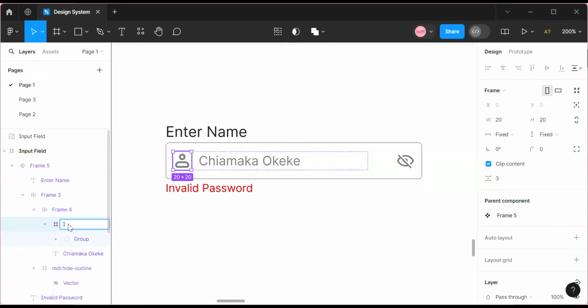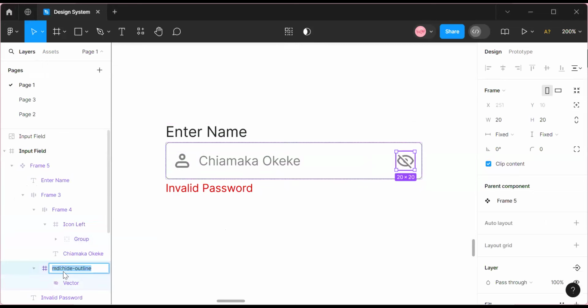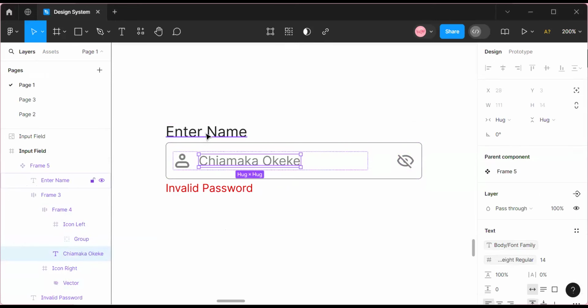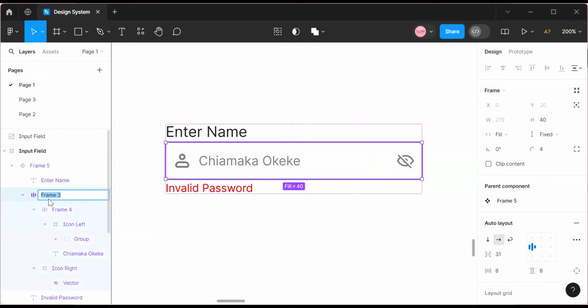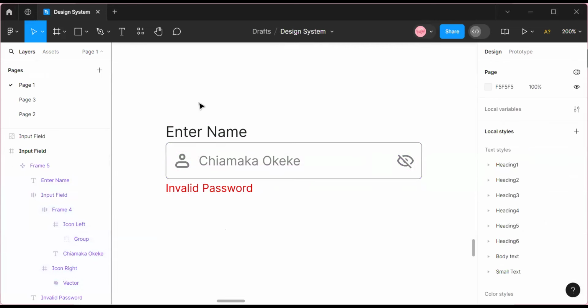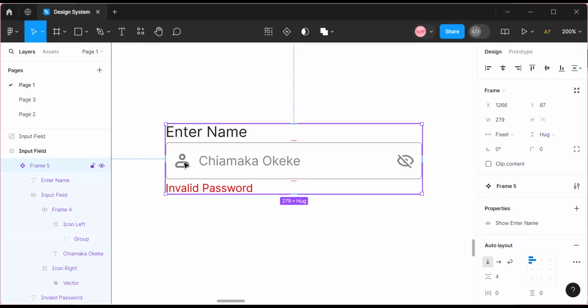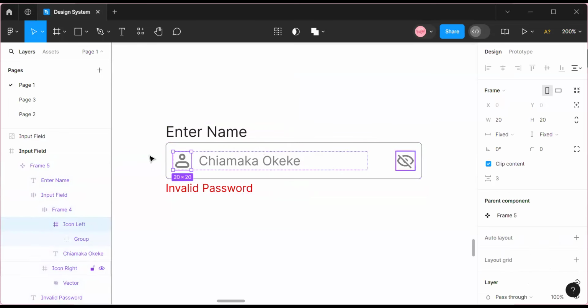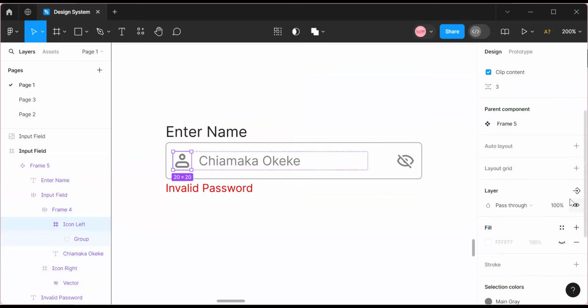So this is icon left. Let's name our icon properly. Icon left. So this is icon right. Icon right. Let's say this is okay. Everything is okay. So this is input field. Anytime you're working, always name your element. So we're going to add Boolean property to our icon, but first,